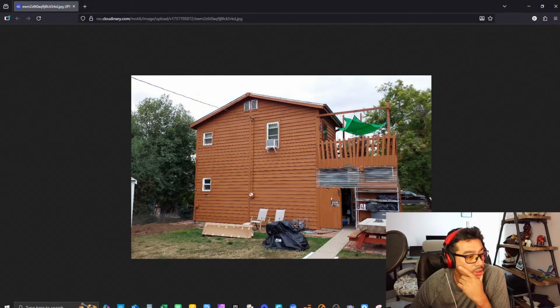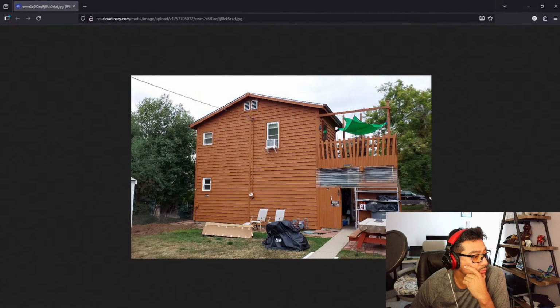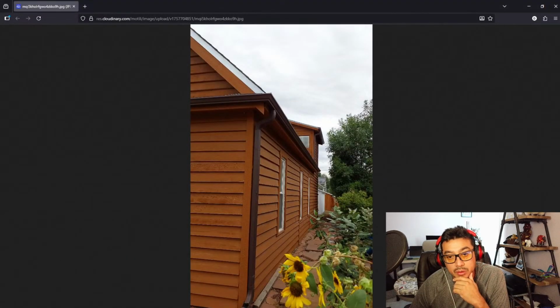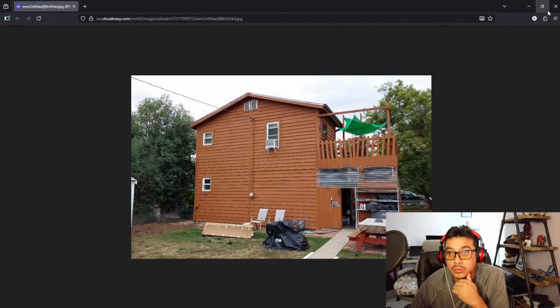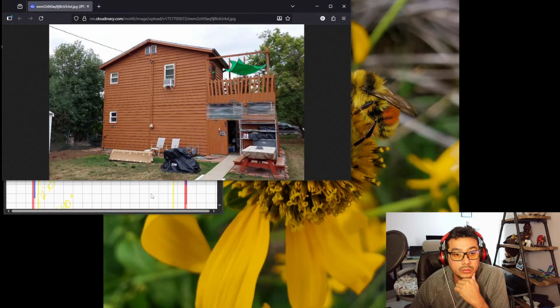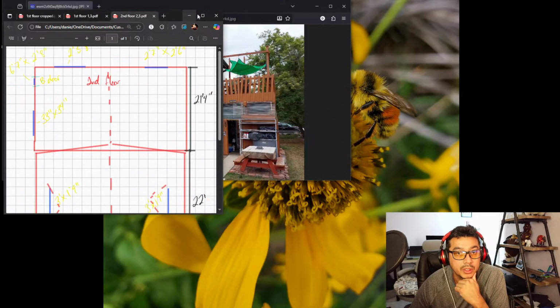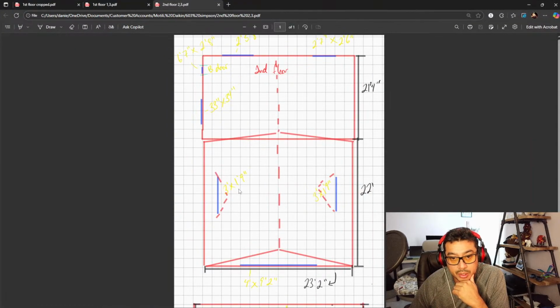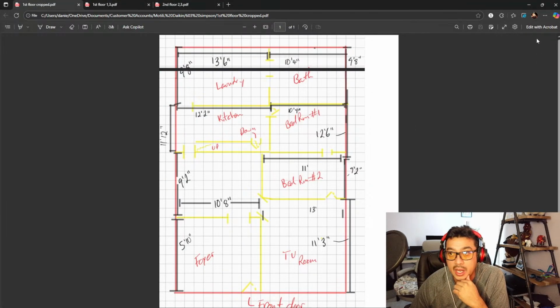Let's take a look at our side view. That's a good picture. That's the upstairs right there. Now that we see what the upstairs looks like, we can compare it to this picture right here. So window, window, second floor. The second floor drawings have,